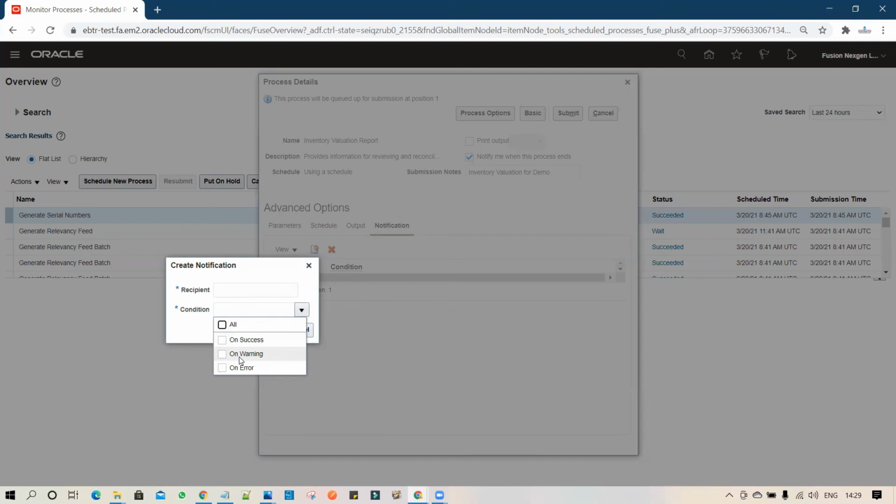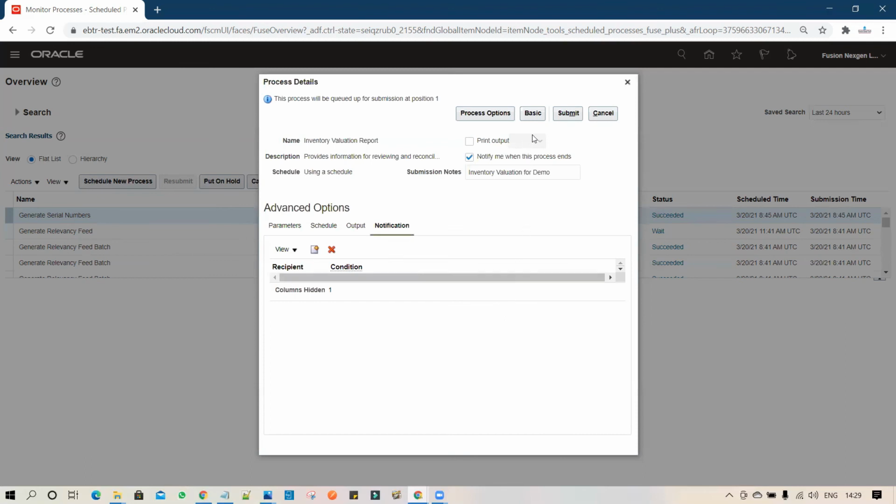If the program completes in warning, it will notify. And if the program completes in error, it will send the notification to the recipient. This is how, based on your requirement, you can enable all these features. And after setting up all these conditions, you have to click on Submit.